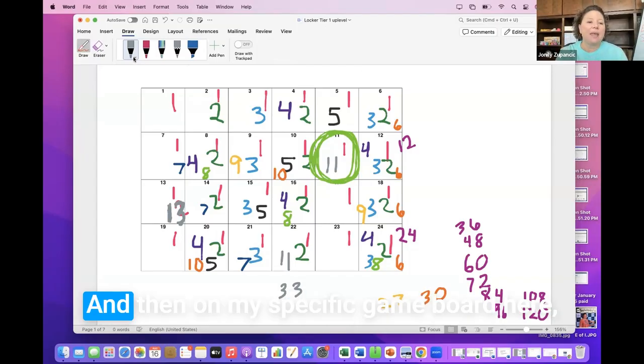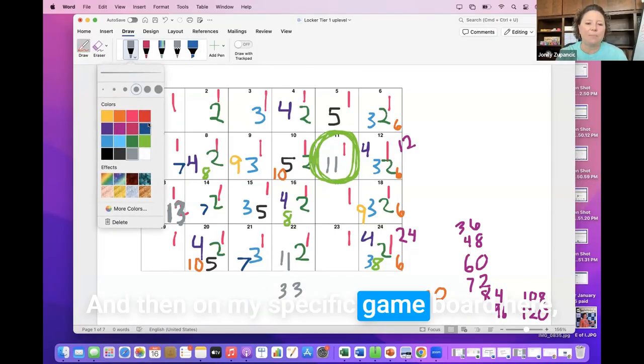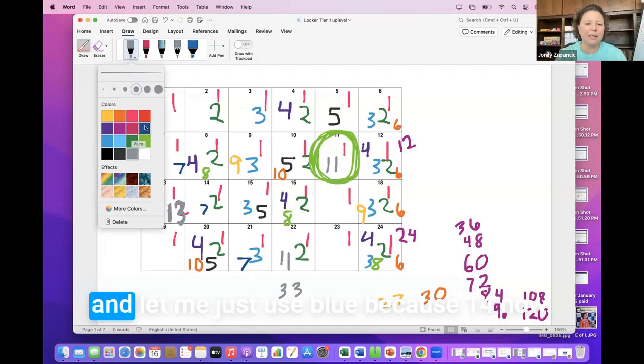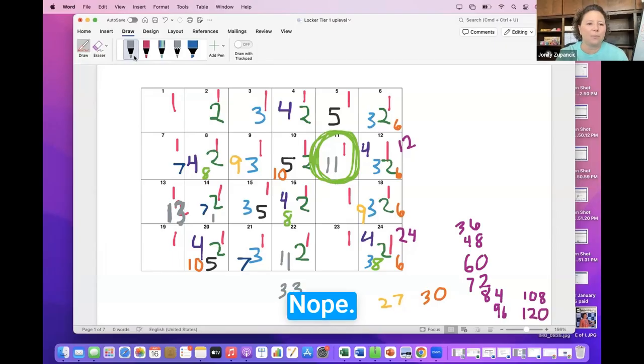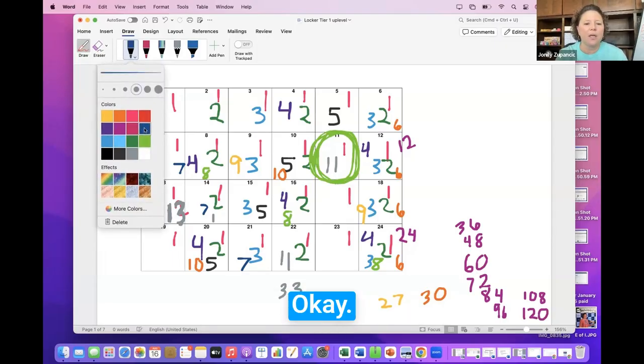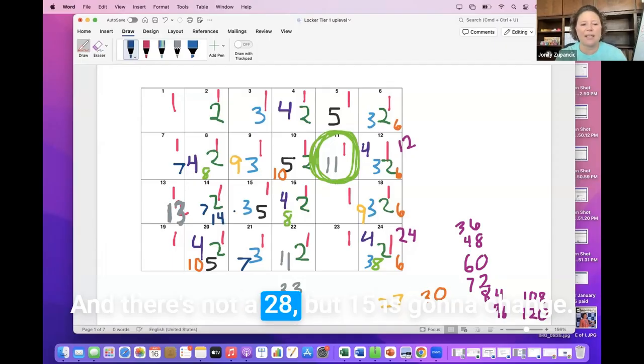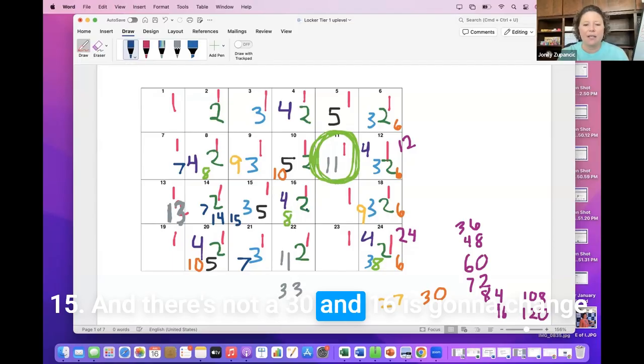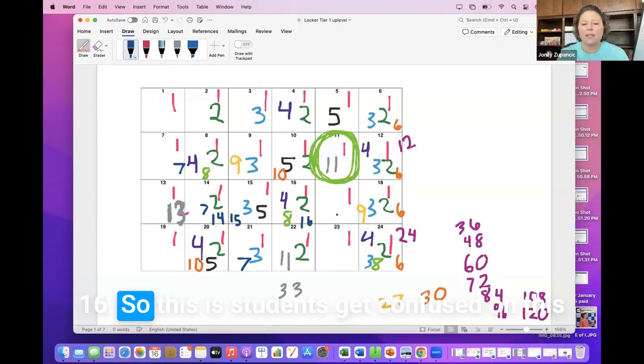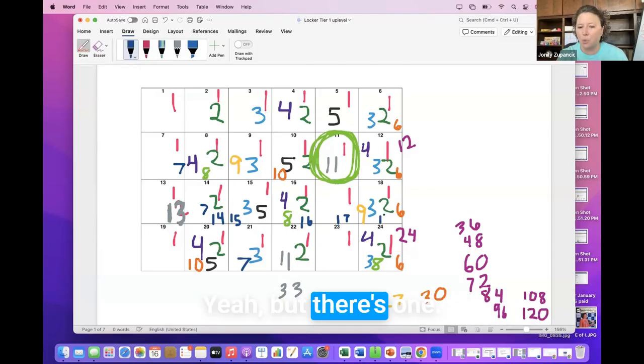Okay. And then on my specific game board here, let me just use blue, because 14 now, oops, no, I wanted to use blue. Okay. 14 now is going to do 14 and there's not a 28, but 15 is going to change 15 and there's not a 30, and 16 is going to change 16. Students get confused on this because they're like, but there's no other numbers. Yeah, but there's one.